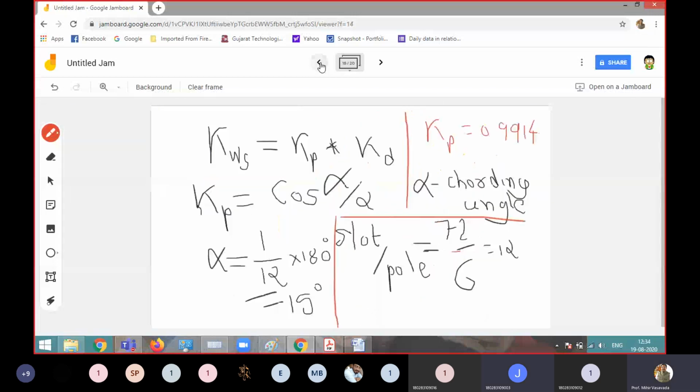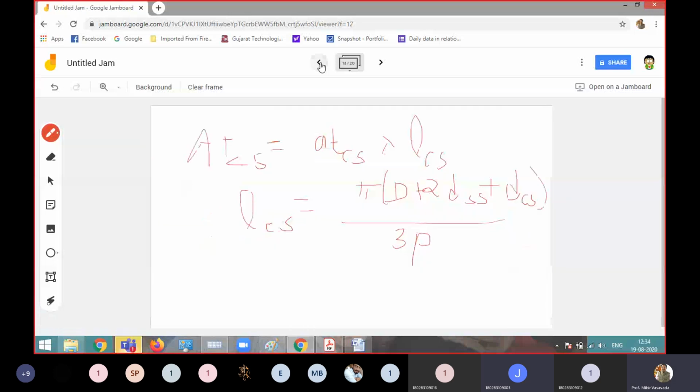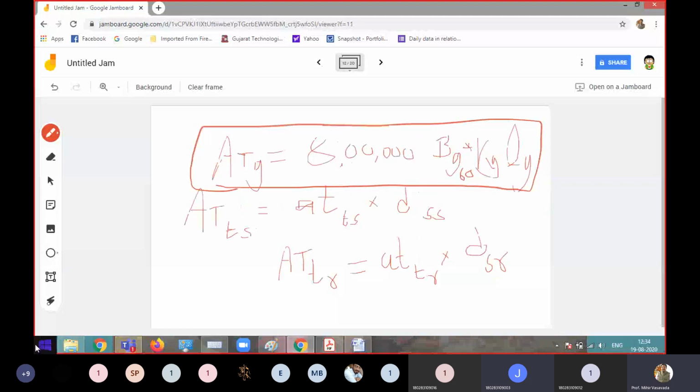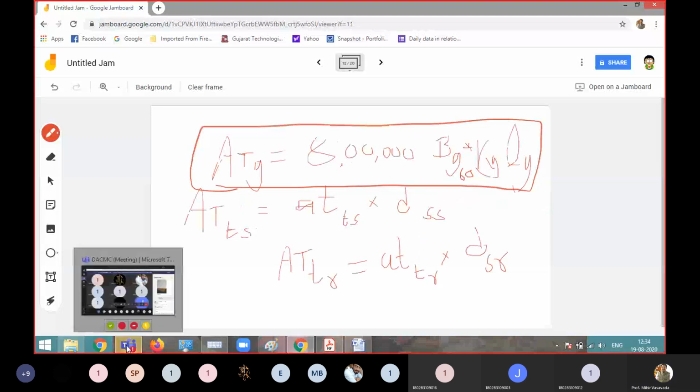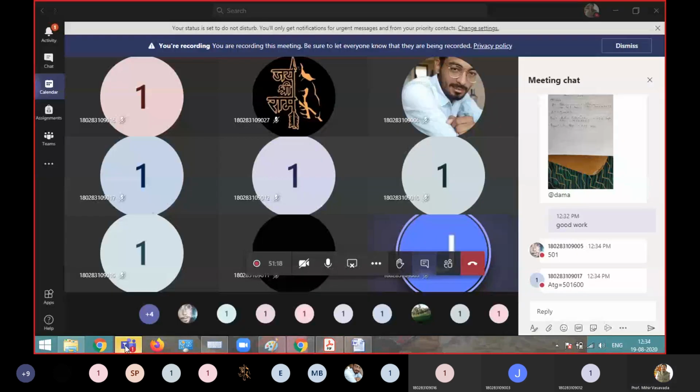Sir, You started this lecture. Yes. Sir, length of air gap meter માં લેવાની કે mm? Length of air gap to calculate what? And I'm sir, equation છે ને 8 lakhs into BG into MM K. It is in MM. It is MM. This equation, right? You have to take in MM.